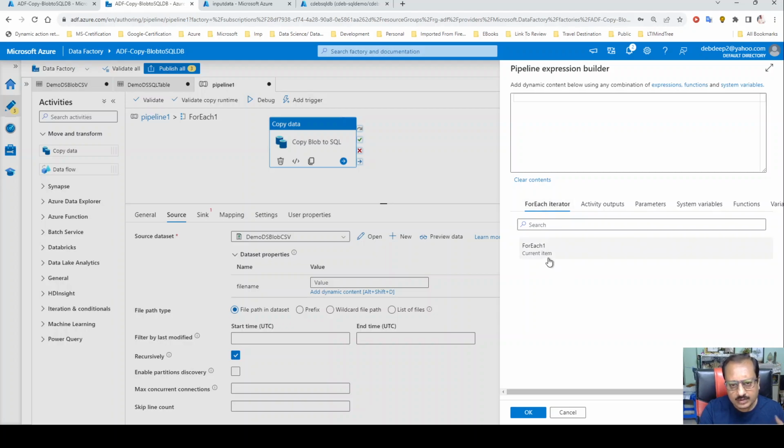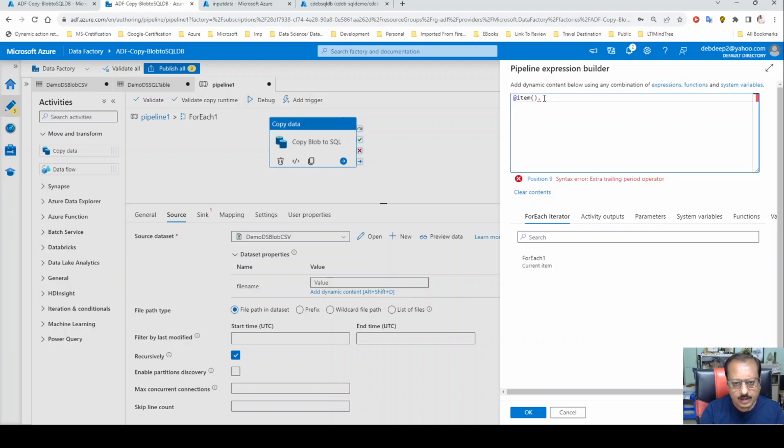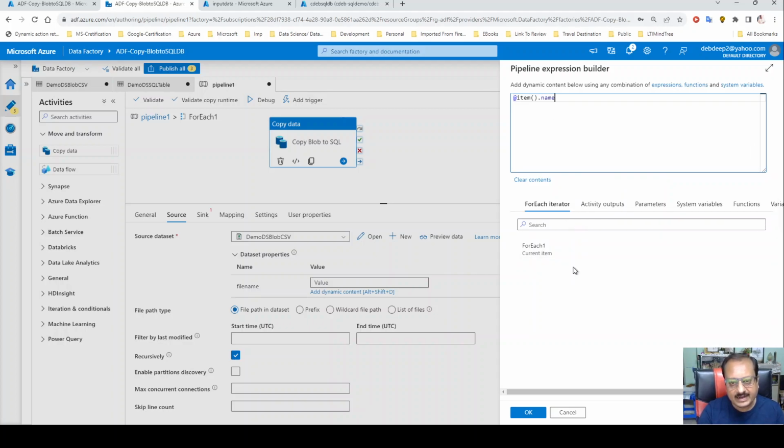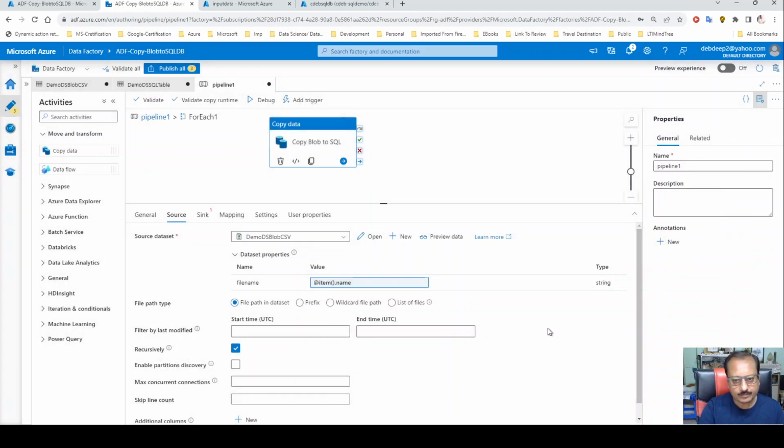So that means for each, if you pick the current item and type a dot, it will show that it is an individual item for this for each loop. That's the item, and we are picking only the name of this particular item. So once you click it, the file name will be coming from here. Now